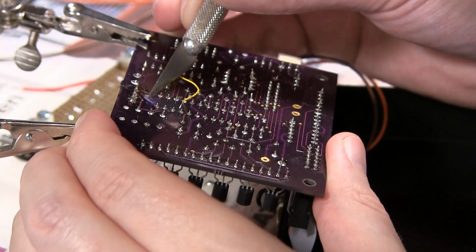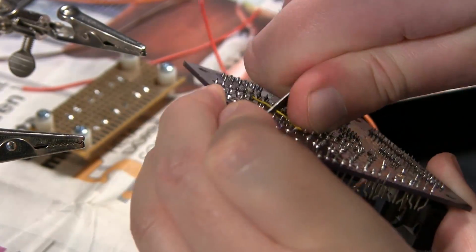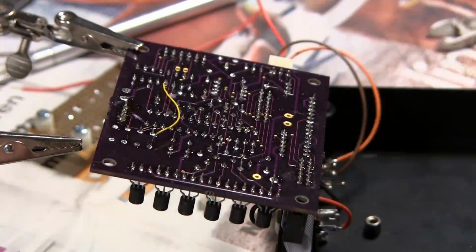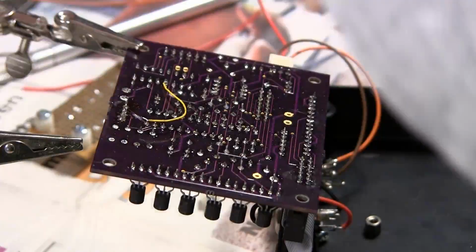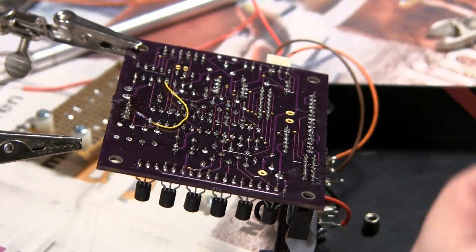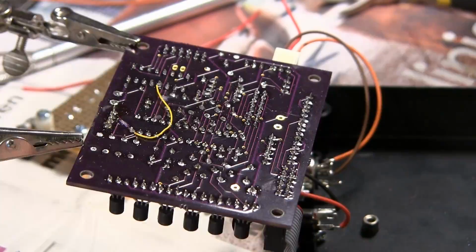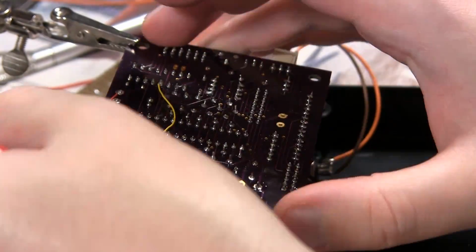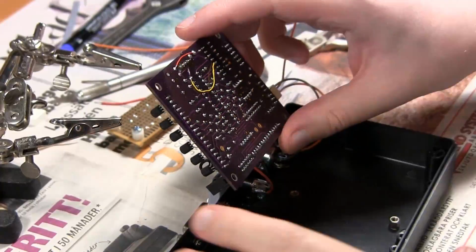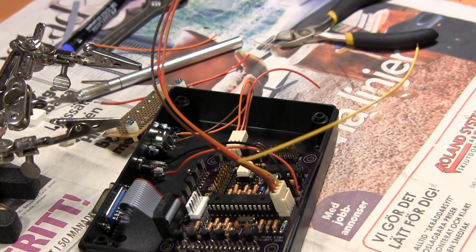Now I had some design mistakes on my board, so now I'm just cutting one of the traces. I didn't plan all this very well. I hope I learned some things from this, but I was going to use 4 buttons, but I didn't have any power supply in that connector, so I realized that I could only use 3 buttons because one of the I/O pins on the microcontroller, I couldn't use that one, so I could only use 3 buttons, which is fine because that left me with 1 extra cable that I could use as a power supply